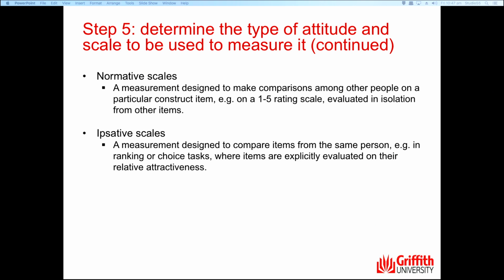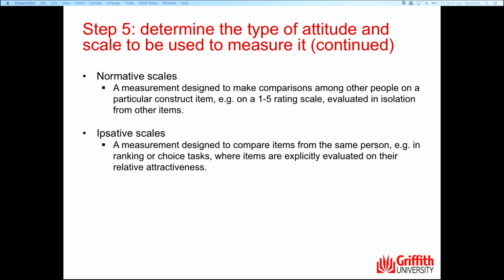We also have normative scales, and again, this is a measurement designed to make comparison among other people on a particular construct, 1 to 5, evaluated in isolation from other items. We also have ipsative scales, and again, this is a measurement designed to compare items from the same person in ranking or choice tests, where items are explicitly evaluated on their